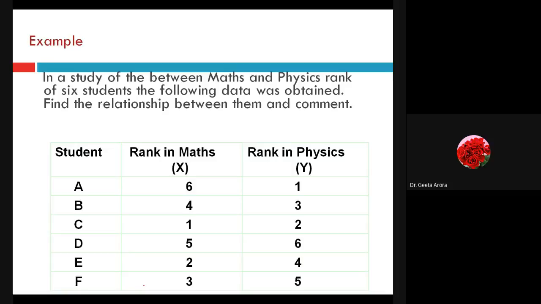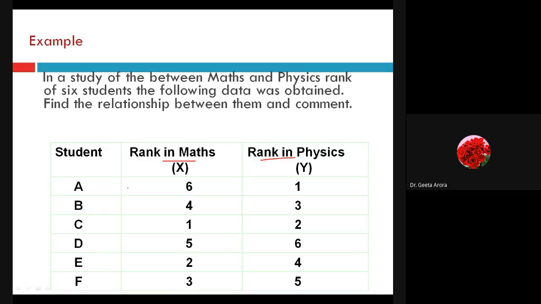Rank obviously means position, that is, how well they have performed. According to that, we are getting the ranks in maths and rank in physics. So these are the two things where it looks like there could not be any relation, but the rank correlation will tell us whether a student getting this rank in maths depends on it, because we know that if somebody is good at maths, he can obviously do good calculation in physics. So here we are going to find out a rank correlation, that a student getting good marks in maths, is he getting the same type of marks or good marks in physics also. So this is how we are going to find out.